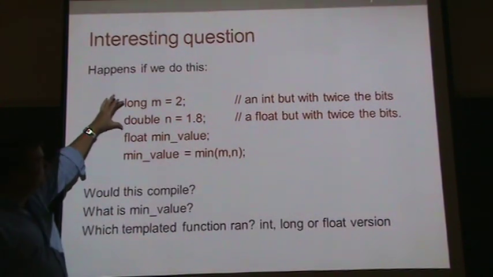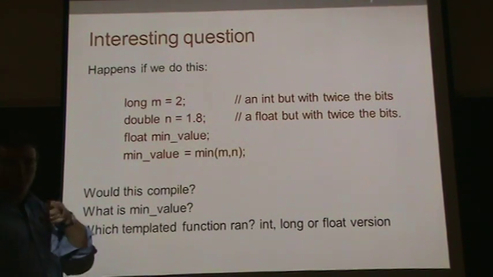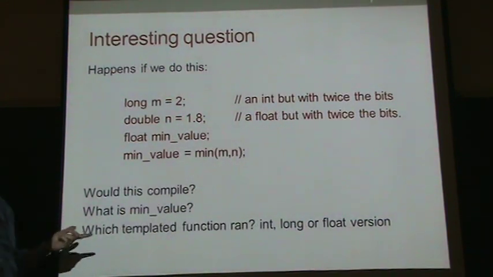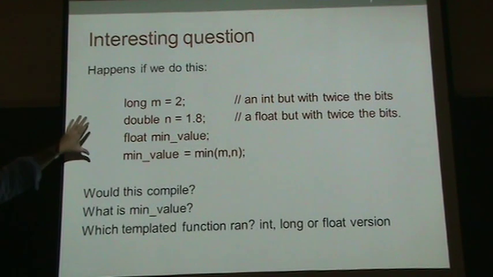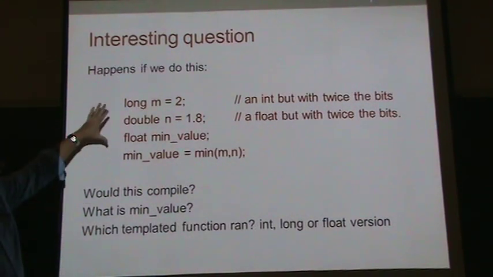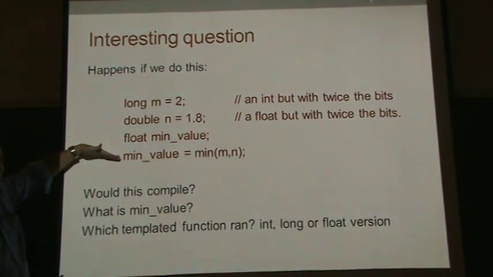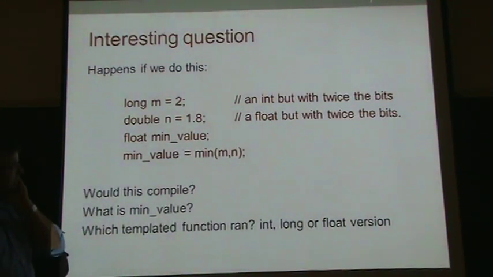Or would it do the arithmetic first with its own casting for the arithmetic, and then when it goes to put the result into float, it casts it to float? Or get an error, I guess? So maybe what we could do in next class is how would we code this up if we wanted to know the answer? And actually, this might even be compiler dependent. But if we wanted to know the answer, we can take the template as I had it, and then take this code and compile it, see if it compiles,